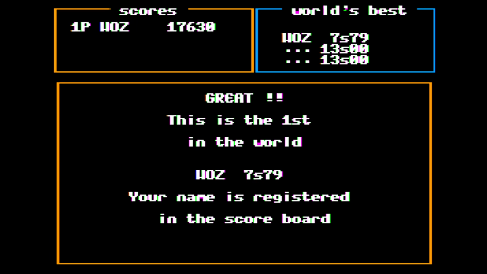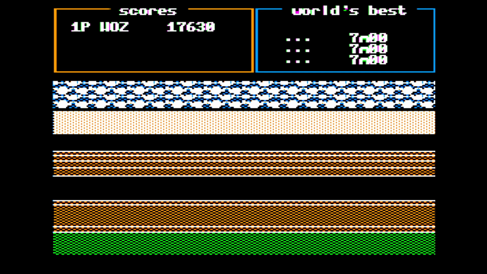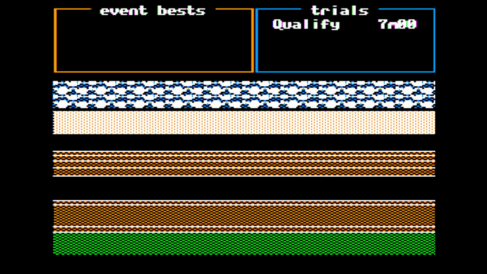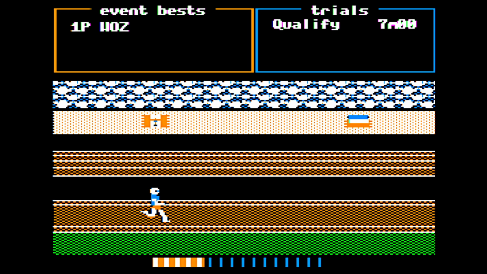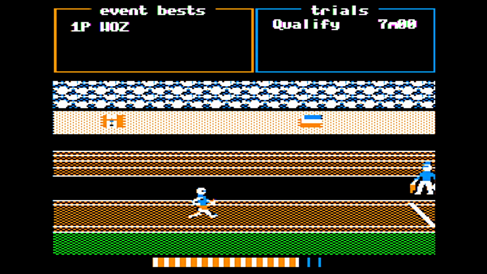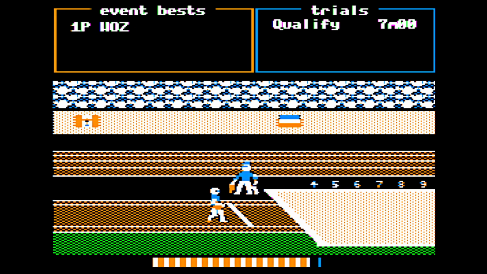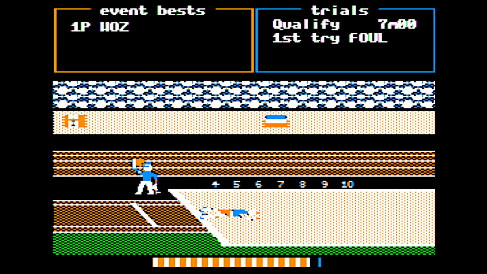But then we get to the long jump, and I don't have a jump key. I've tried every key on the keyboard, as I've said. I think the javelin throw is after it, and it's also mapped on the jump button. You can set the handicap to get more lives. If you set the handicap to 3, you'll have 3 disqualifications. I'm not going to qualify on this, so I don't think we're going to see the javelin throw, because I don't know how to jump.